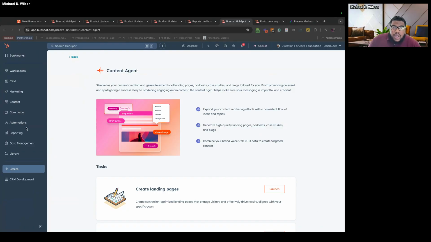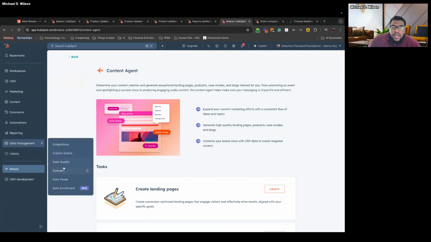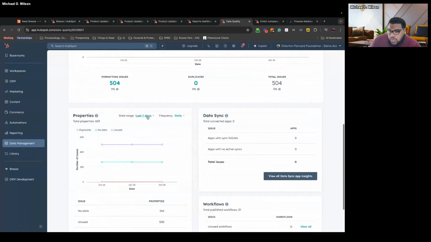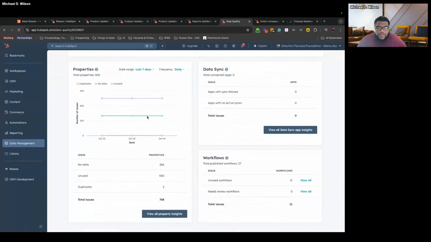One of the things, though, if you have Operations Hub, you will have this data quality area here. If you go to data management, come down to data quality, it has a really nice set of tools. If you don't have Operations Hub, reach out to us. We can talk about that. But if you do have it,